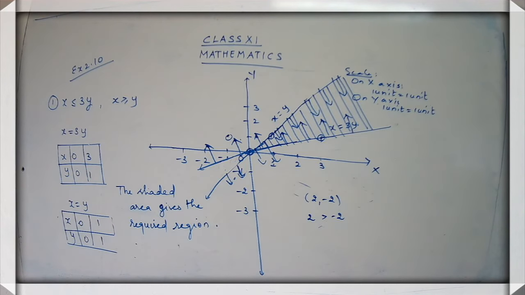Okay, so just complete the answer. Complete the graph. In the graph, you have to use only pencil. Do not use a pen over there. Do it neatly, children. You can use a scale to draw the lines, to draw the arrows and everything. Arrows you can draw with your hands. Yes, that you can draw neatly. The lines you try to draw with a scale. So the shaded area gives the required region. Complete the answer.